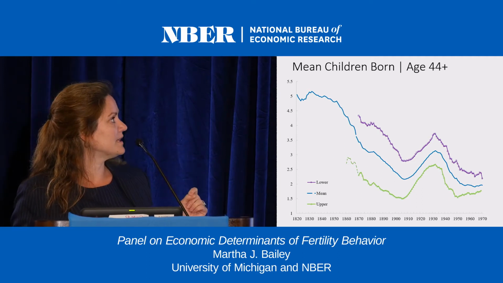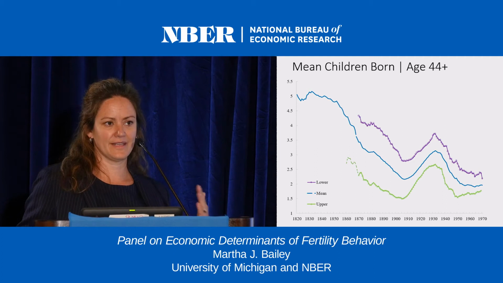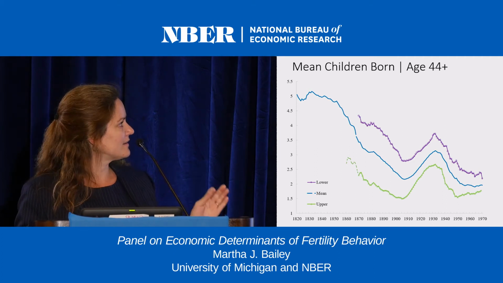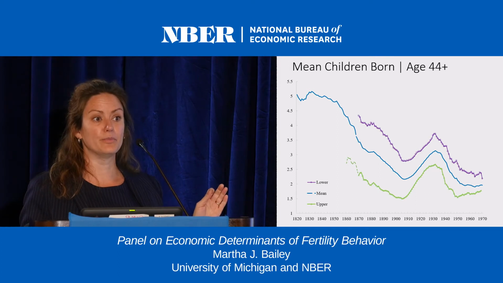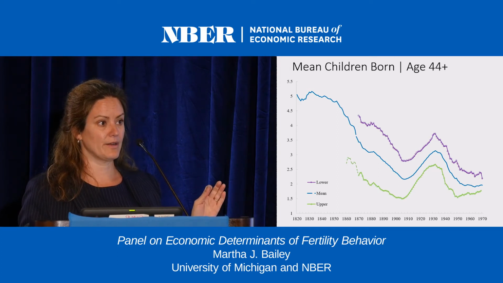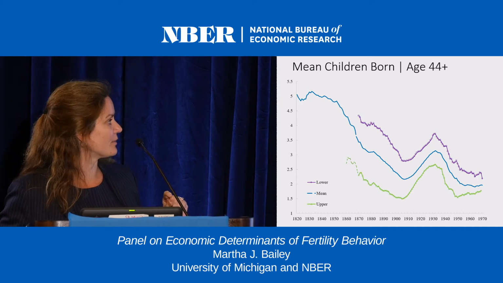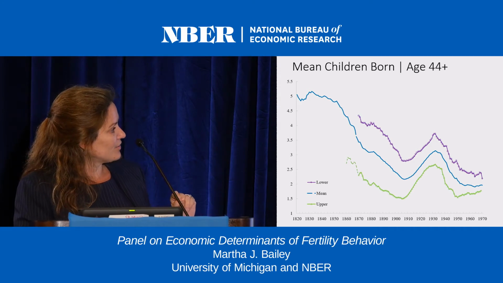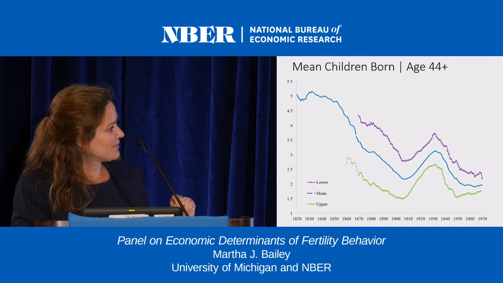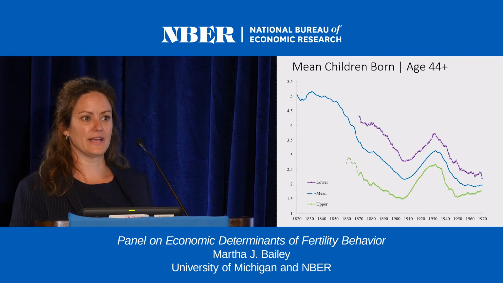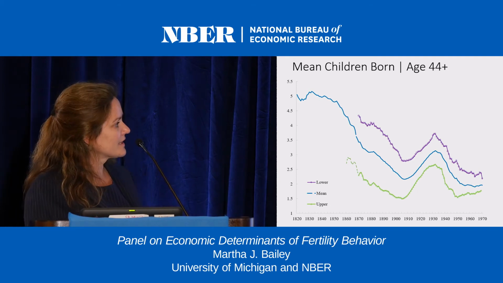But when you look at the mean children ever born and you do a variety of things to adjust for mortality and things like that, what you really see is this starts to drop in the post-bellum period, right, with American industrialization. That's a really important shift from what we thought was the case. The other thing you see is that here's what I showed you before. It maps very well to the overall trends in the general fertility rates, and it fluctuates much less than the total fertility rate, for instance.